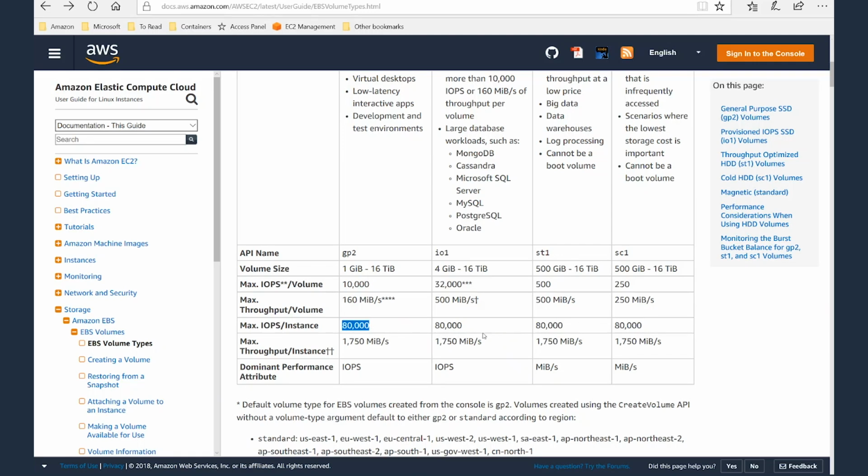So if max for a single volume is 32,000 or 10,000 or 500 or 250, how can you achieve 80,000 per instance? Obviously by combining more than one volume, and the aggregate IOPS can be up to 80,000. And I'll show you how to do that. So first thing to do